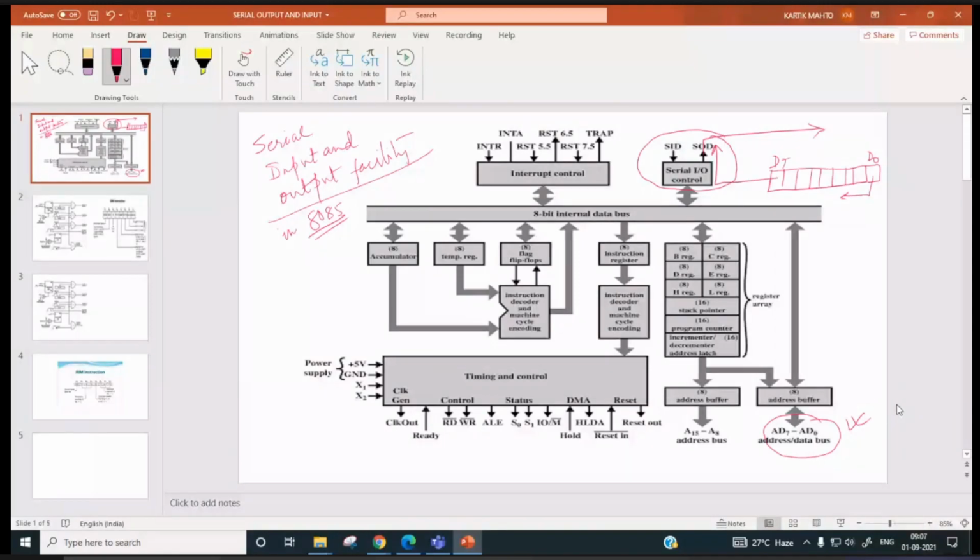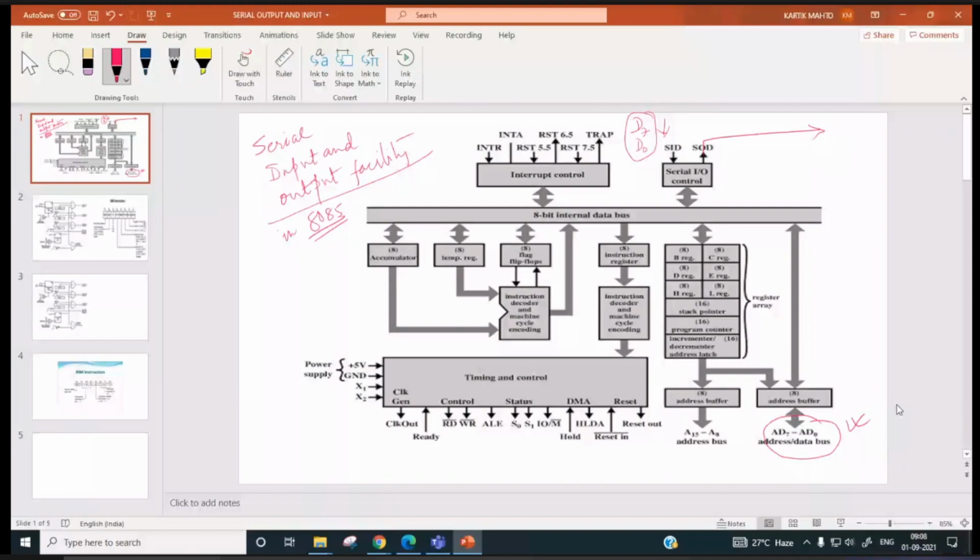Similarly, for inputting data serially, either D7 will come first and D0 last, or D0 will come first. It is based on the input device which inputs data serially, and D7 will be at last.